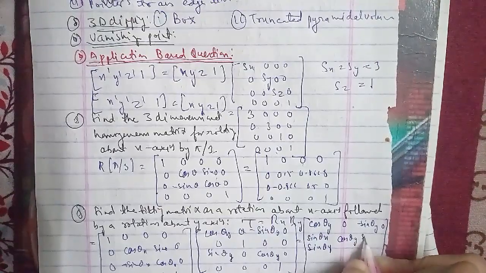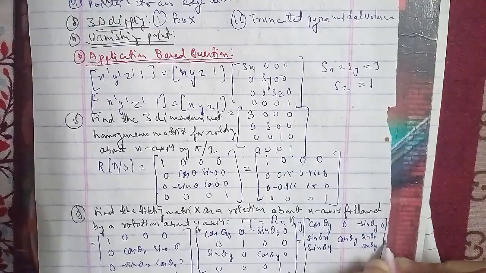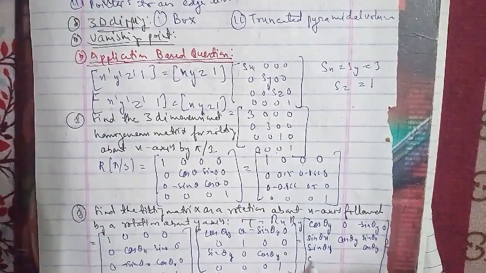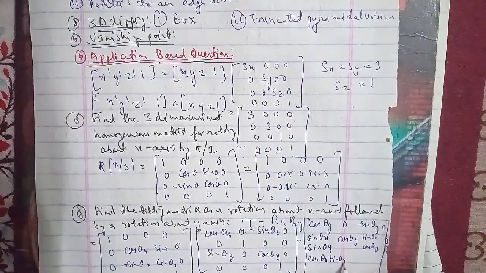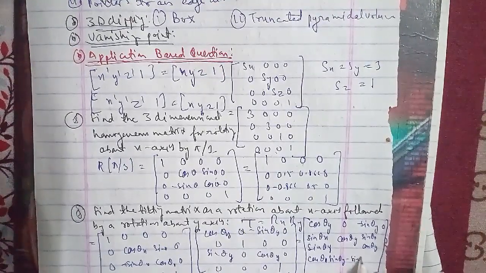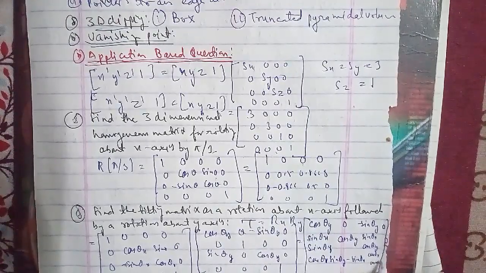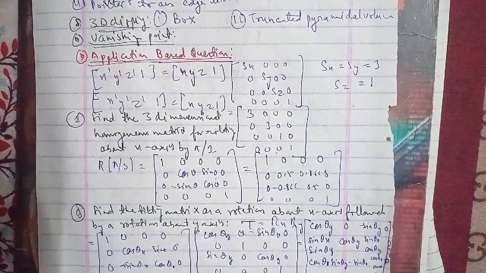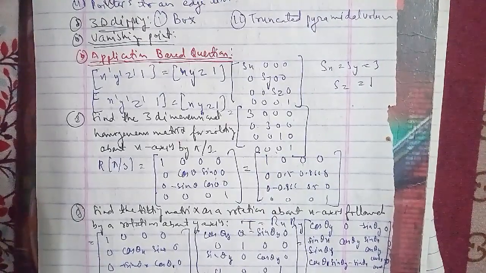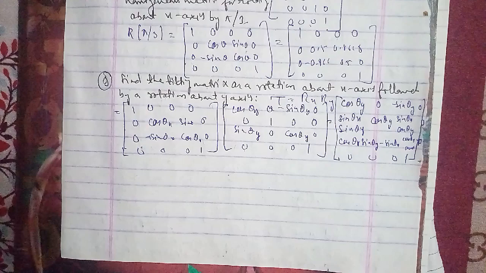Now the other question that arises is: find the transformation for Cavalier projection with theta 45. So find the transformation for Cavalier projection with theta equals 45 degrees. Here we have f equals 1 and theta equals 45 degrees.